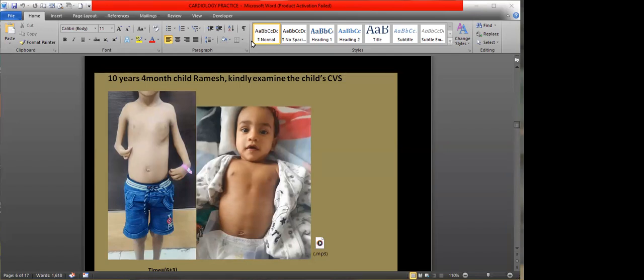So now I will make him sit down and lie down on the couch, maybe at 45 degrees. I'm now trying to look from the sides and the foot end. Do I note any asymmetry in the chest? Yeah, there is a bit of asymmetry. Is there a precordial bulge that I can see? Yeah, slightly. Any apical impulse or any visible pulsations on the chest? No. Any scars on the chest? No.